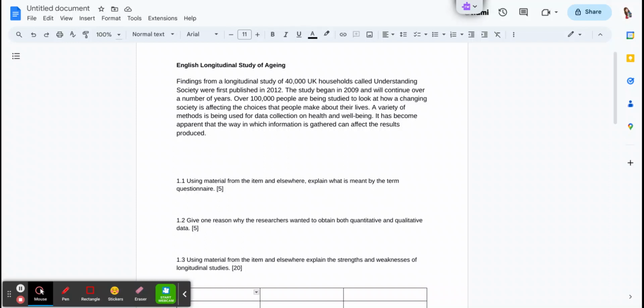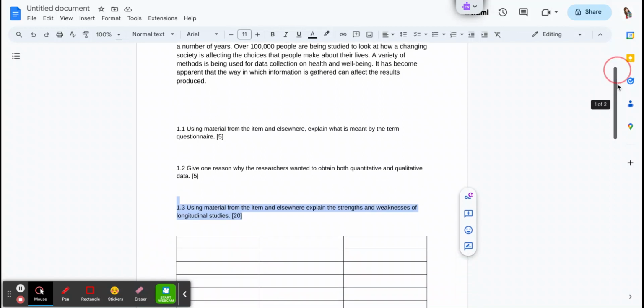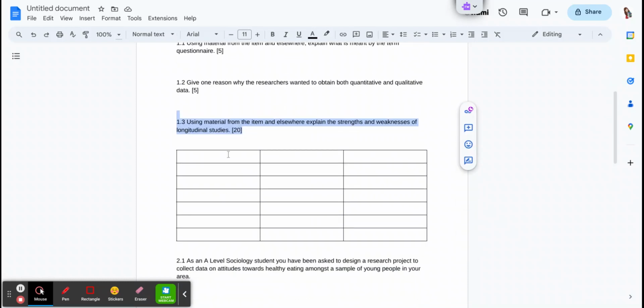Hello all, we're going to look at this longitudinal 20 marker. So you will have done longitudinal in the lesson with me and looked at longitudinal 5, but we're going to apply it now to this 20 marker. So the first thing we always do with a 20 marker is we do our pervert structure: